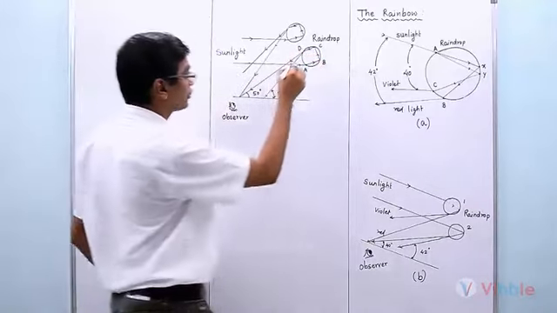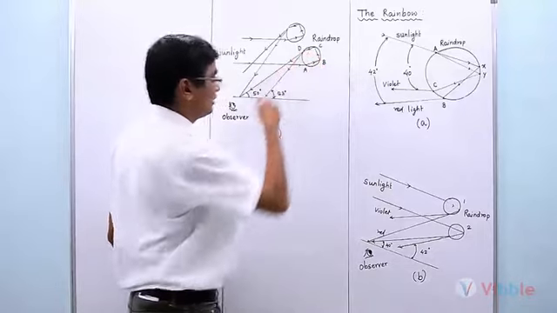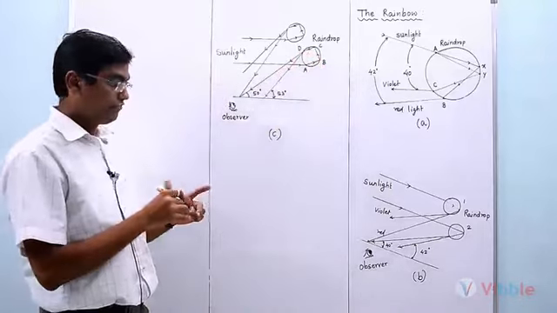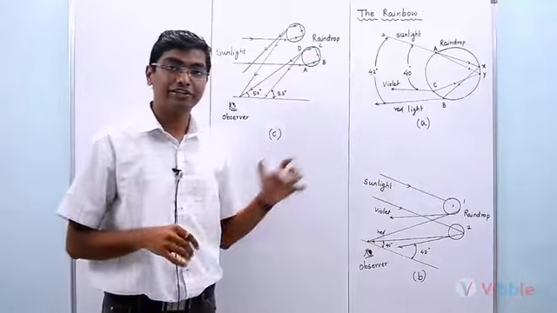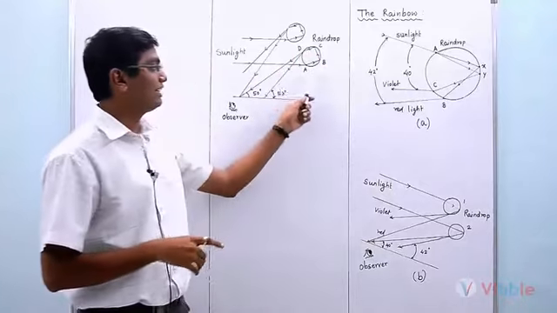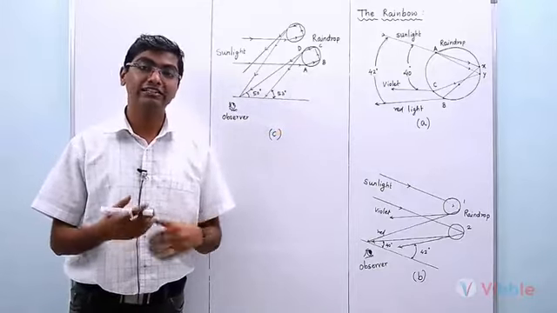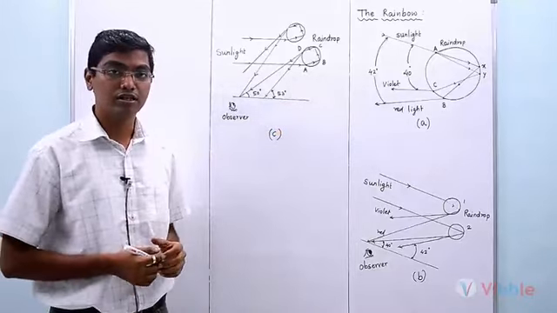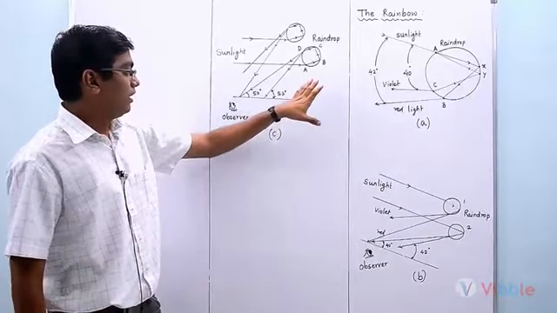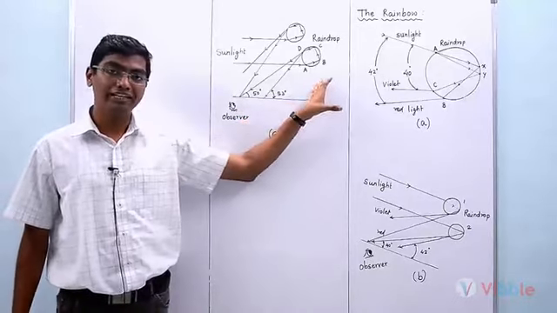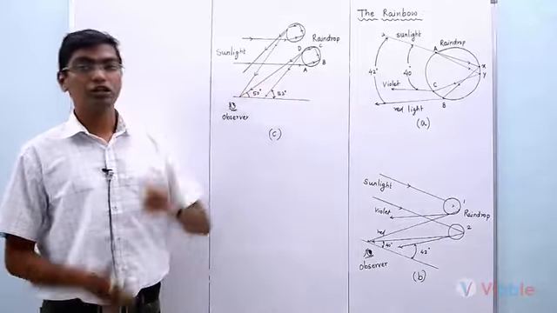In this case also, you will get to see the rainbow. The difference between the primary rainbow and secondary rainbow is that in the case of the secondary rainbow, there are multiple reflections, so the intensity of light reduces. Therefore, the secondary rainbow obtained is fainter compared to the primary rainbow.